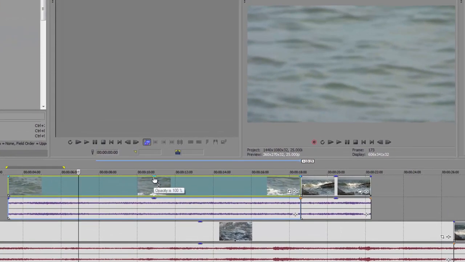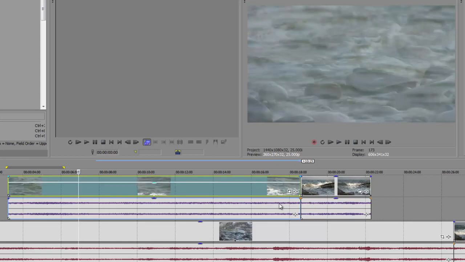This handle at the top is about changing the opacity of the clip. It's not about changing the opacity of all the clips. It's just about changing the opacity of this individual clip. And you can see at the moment it says opacity is 100%, which means you can't see through it. It's completely opaque. If I start to pull it down, and you look in the video preview monitor up here,